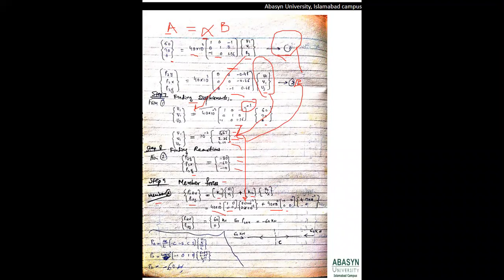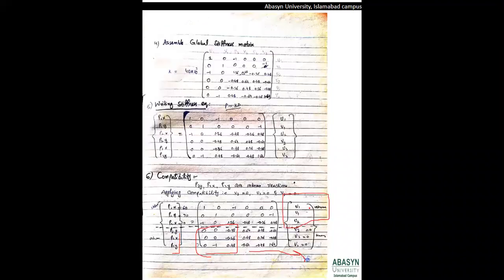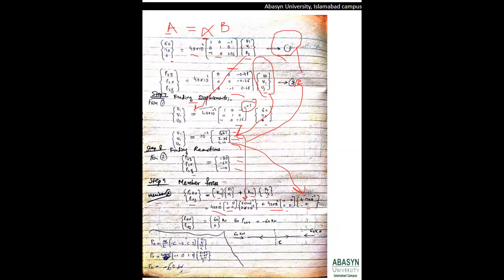The value of U2 comes out to be 4.17, which we learned in the last steps, while from compatibility we know that the value of V2 is 0. That we applied here in the compatibility in the last equation as well. Once you simplify these matrices, you will note that the value of P1x comes out to be minus 60 kilonewtons. The other approach that R.C.